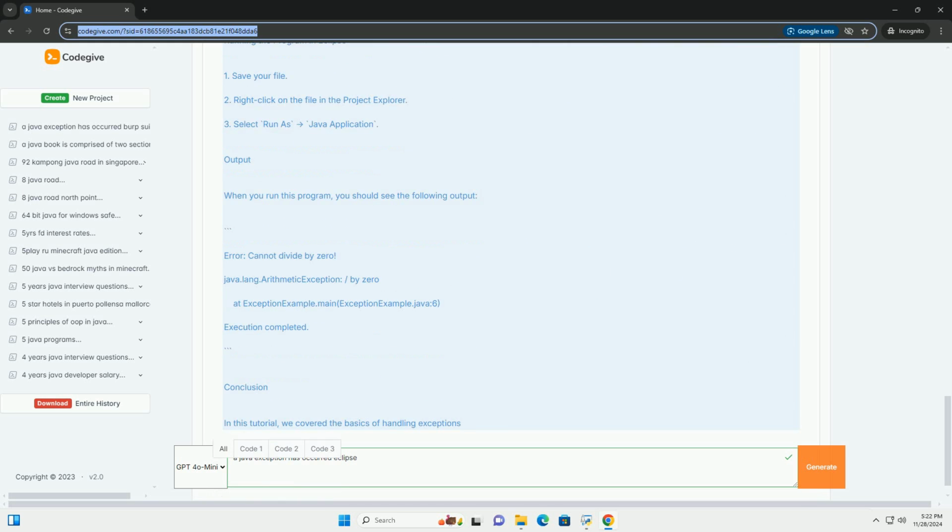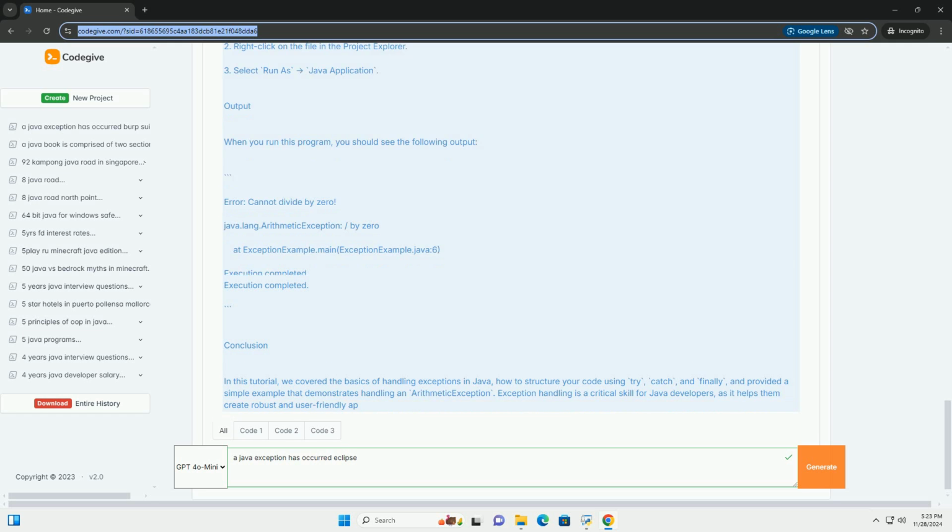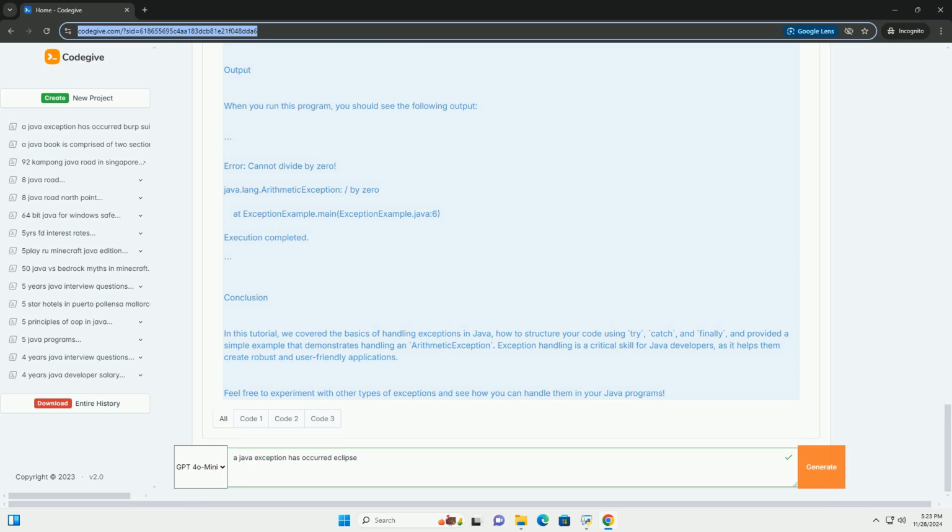Types of exceptions. 1. Checked exceptions. These are exceptions that are checked at compile time. Examples include IOException and SQLException. 2. Unchecked exceptions. These are exceptions that are not checked at compile time. They include NullPointerException,